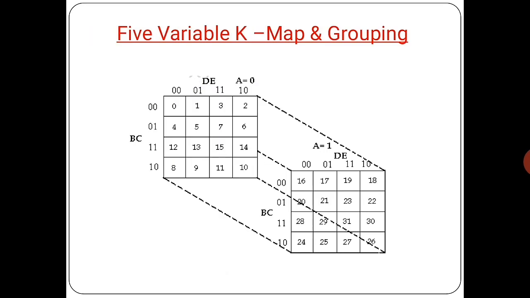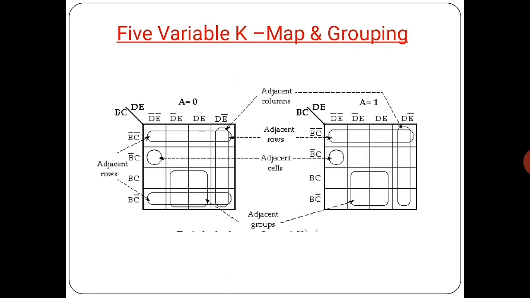So we are having one more, the 5 variable. In this particular 5 variable map we are going to take a equal to 0 and a equal to 1. The remaining variables are b, c, d and e. So we are going to draw the same thing, and also write it as a equal to 0 and a equal to 1. This will be the 5 variable Karnaugh map, and also we are going to group it as it is.